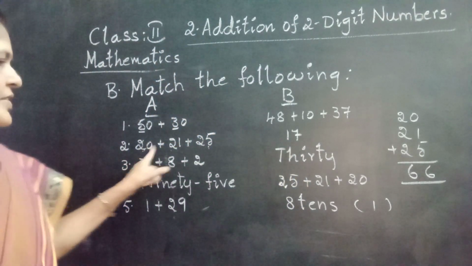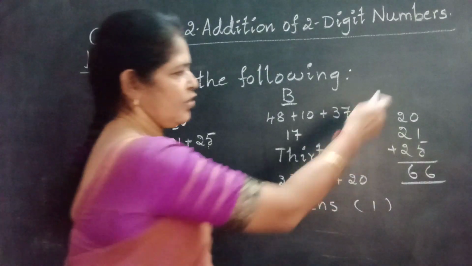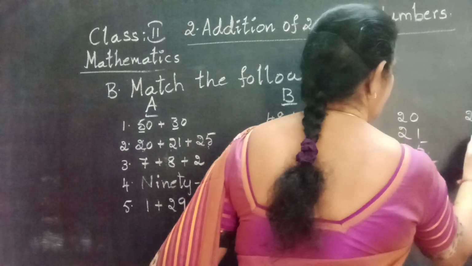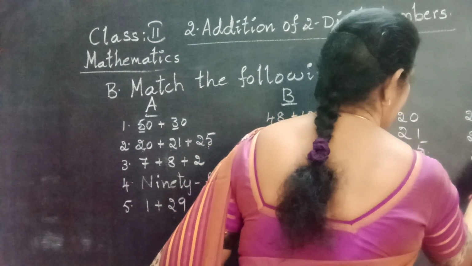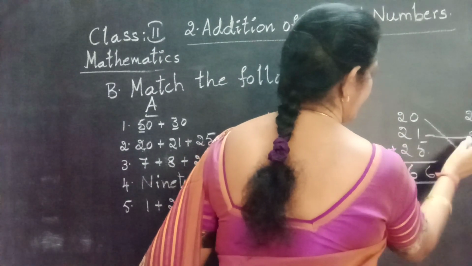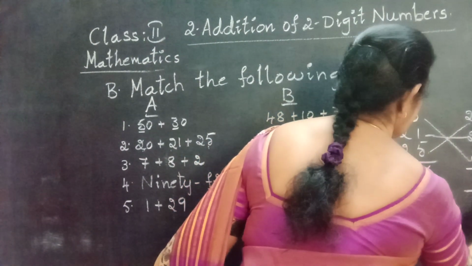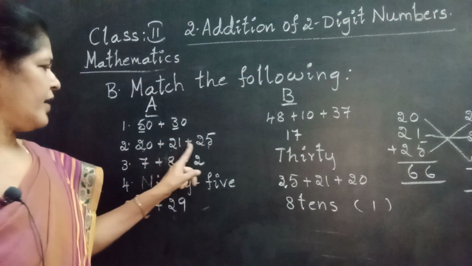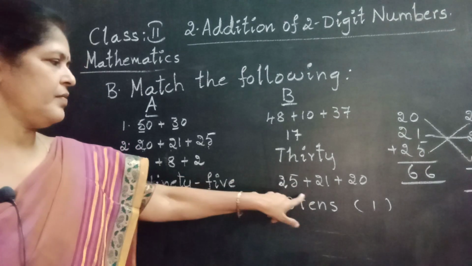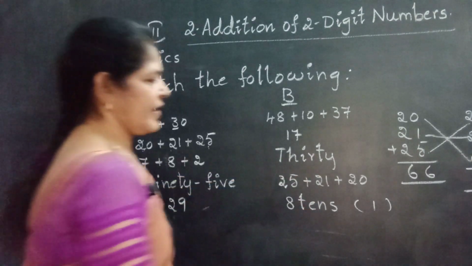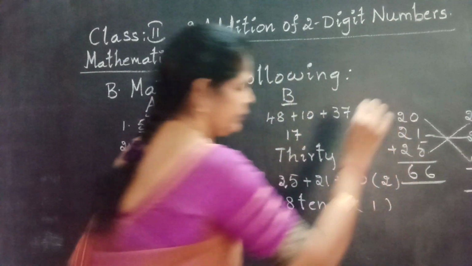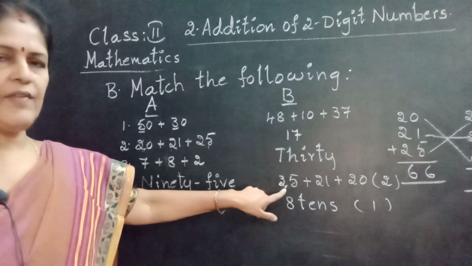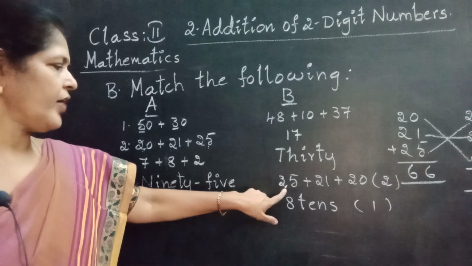The 20 is the first number. See here we wrote it. I am going to write 25 as the first number. 21 is the middle number. 20 is the last number. It is verifying addition. We get the same answer. Okay? 20 plus 21 plus 25. Verifying addition means 25 plus 21 plus 20. This is going to 2. Understood? You have to check this number and correct this number. They gave 35. 35 strike off and write 25.